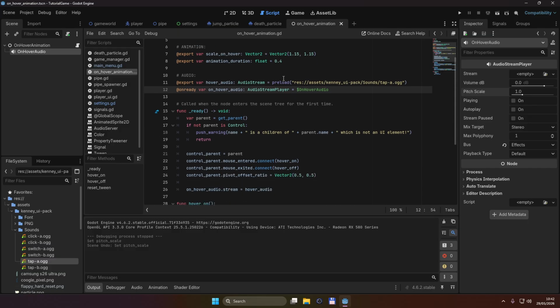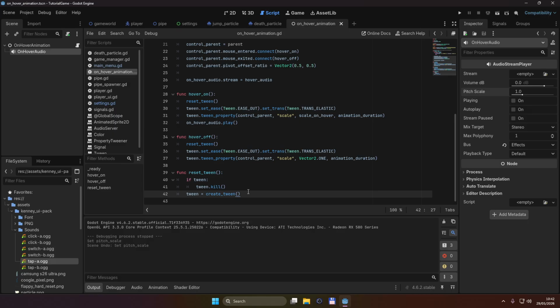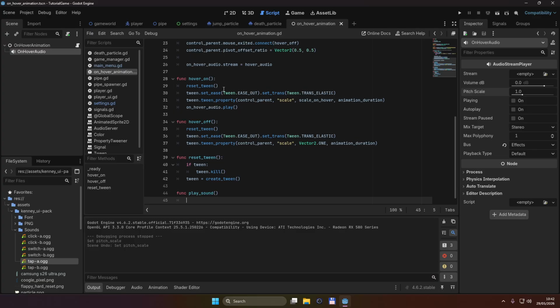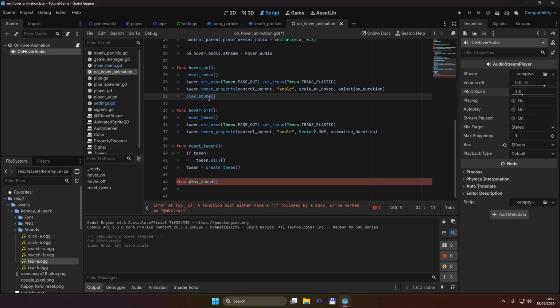So let's go. And actually, I'm going to do a separate function. Let's call this func play sound. And the reason why I'm doing that is because I want my code to be pretty clean. So we can put our on-hover audio here, and we can instead go into play sound. And before we play the sound,